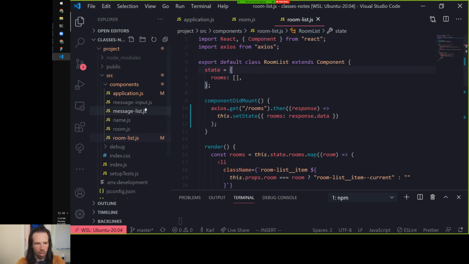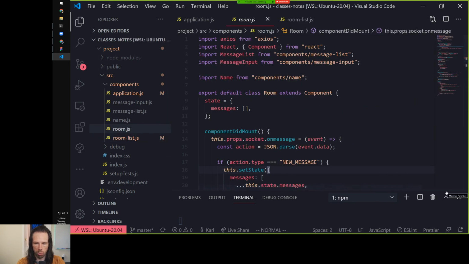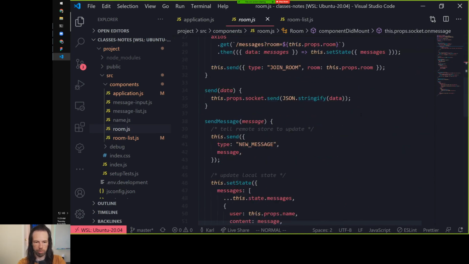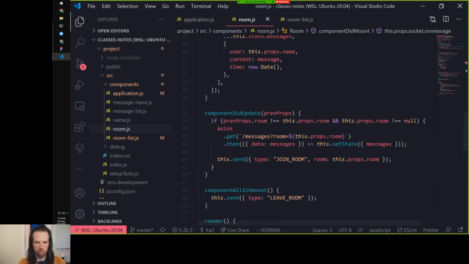Okay. So the room itself is pretty complex. And that's kind of where I want to wrap up the day. And I want to go through this a little bit. So I'm going to